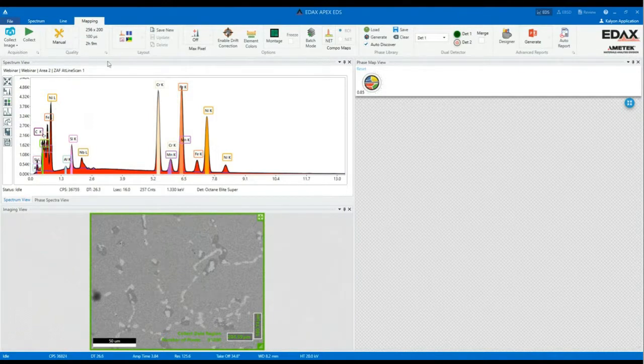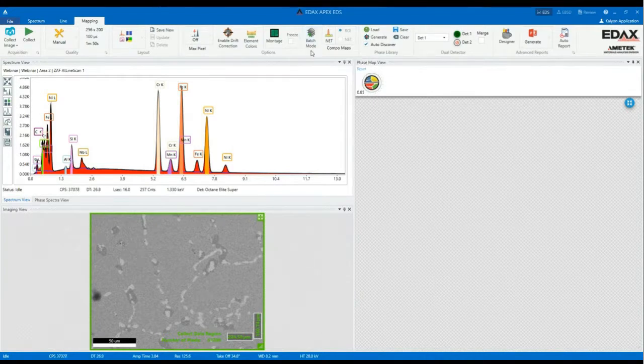Again, with the quality box, I can predefine or define my parameters for the mapping. So I will say 16. Now it's right. Here you can see the time for the mapping. By clicking on OK, you can activate again also in the mapping analysis method the drift correction. You can choose the element colors. You can activate the batch mode. You can also activate